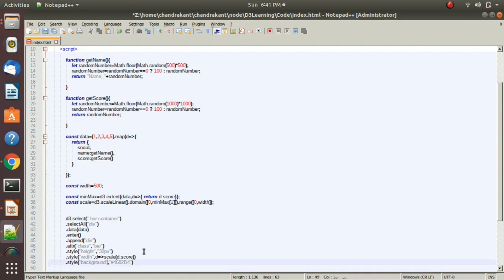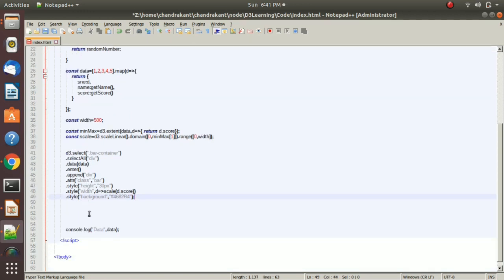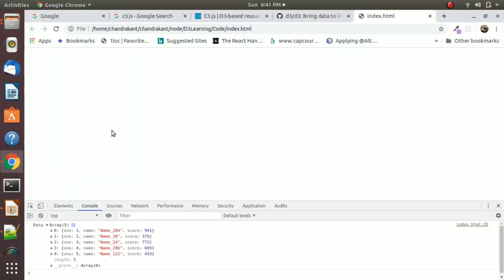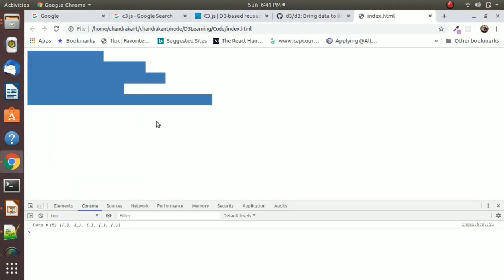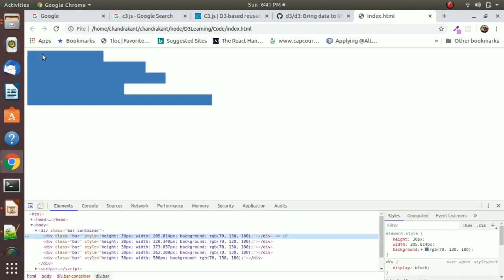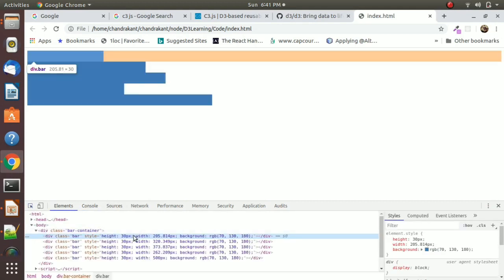So here we have done, so we will save it and check what happens on the screen. Here you can see that we got all the bars. Now we will add some CSS to see it properly.